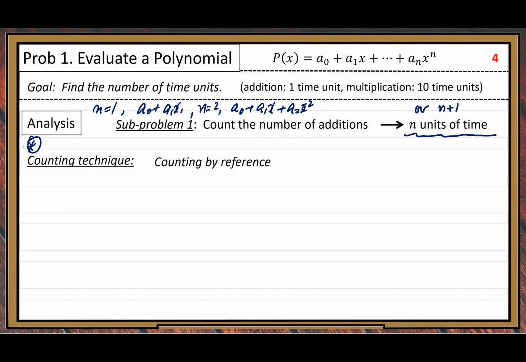Here I call it counting by reference. This idea matches our real life experience. In real life, when you need to make an appointment with your friends,